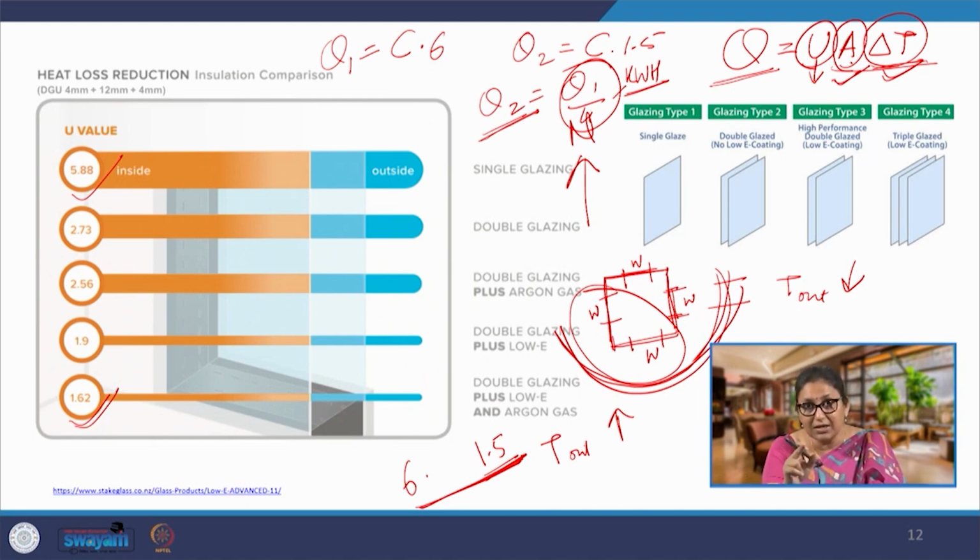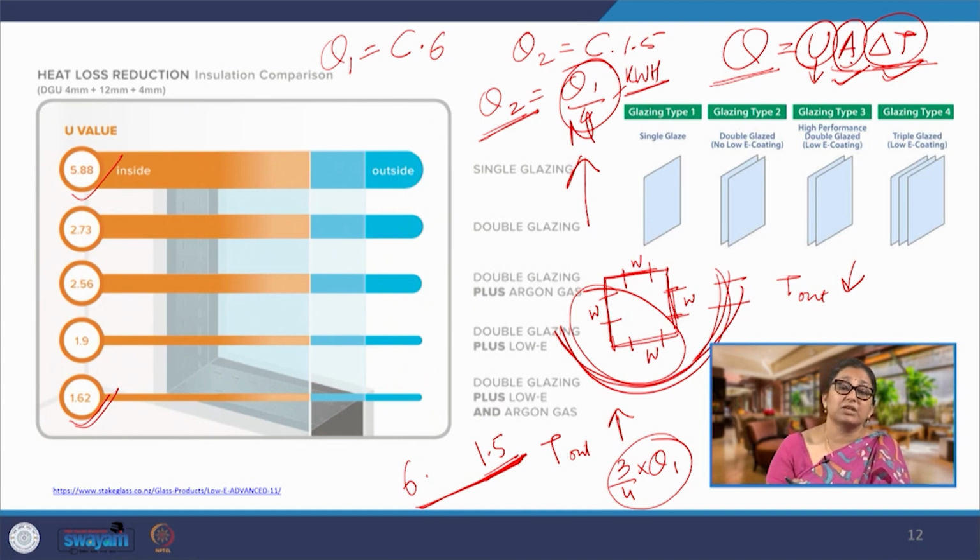So, the moment I say how much carbon would be saved, it is the same amount of carbon that would be saved. So, 3 by 4 of Q1 is what I am getting as savings, the electricity savings. And just as we had the coefficients of conversion for calculating carbon emissions, we can directly calculate how much of the carbon emissions are going to be saved if we are talking about changing the U values of this glass. Now, this was about U value, but we have to remember here we are talking about scope 1 and